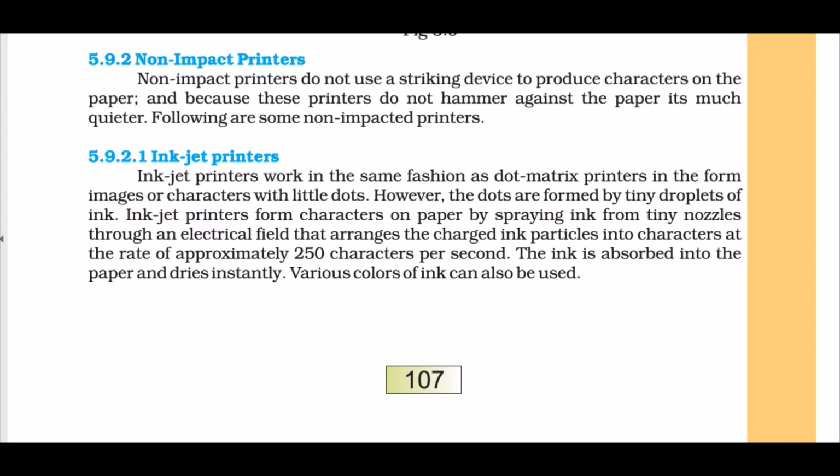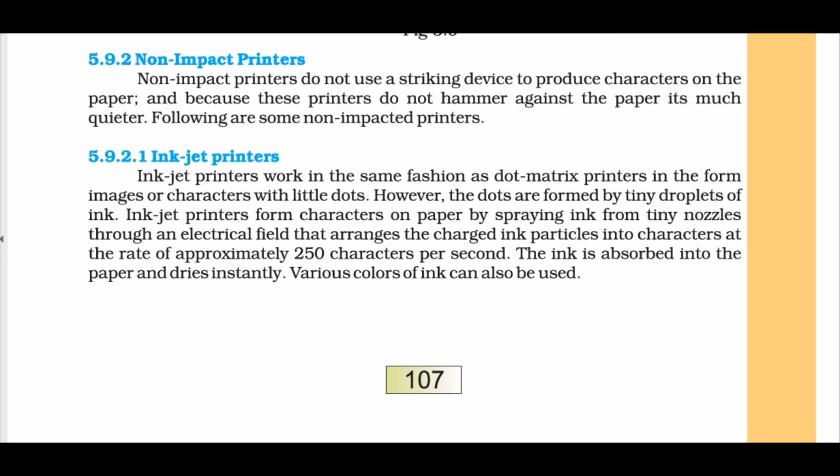Now we'll talk about non-impact printers, the printers that do not touch the paper physically. Non-impact printers do not use a striking device to produce characters on the paper. They have a different mechanism. First, let's talk about inkjet printers. Inkjet printers work in the same fashion as dot matrix printers, forming images and characters with little dots. However, the dots are formed by tiny droplets of ink.